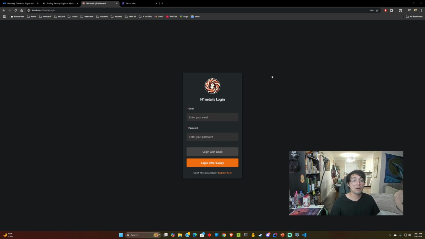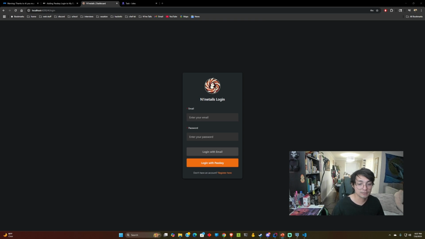Now, how passkeys work behind the scenes is they do a key pair generation where each user is assigned a unique key pair consisting of a public and private key for secure authentication. The public key is stored on the database of the application that you're using, and the public key you can share with anybody really. The private key, on the other hand, is stored securely on your device. The nice thing about passkeys is if a hacker were to get into your database, they can't get your password